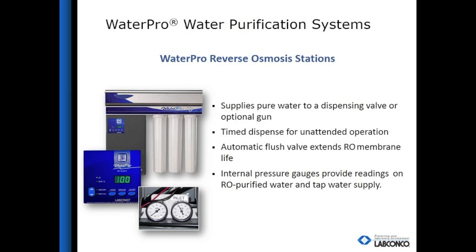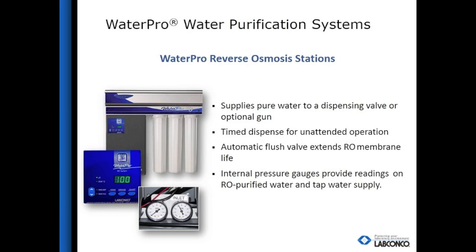Then the 17-liter storage tank is used to connect to a glassware washer or a PS system. Finally, a pressure valve fitting at the top of the cabinet can be connected to a delivery gun, glassware washer, or PS station. An automatic flush valve and 2 internal pressure gauges keep the RO membrane clean and provide easy